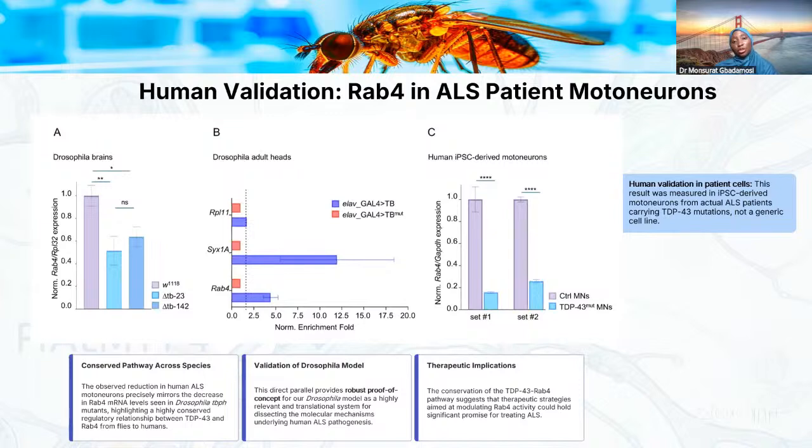It has a physical relationship with RAB4, just like syntaxin and Futsch and all these other synaptic proteins. So this shows a pathway conserved across species, from Drosophila to human, that this RAB4 and TDP43 pathway is conserved. What is happening in the fly can also be seen in humans, which gives us hope for a therapeutic